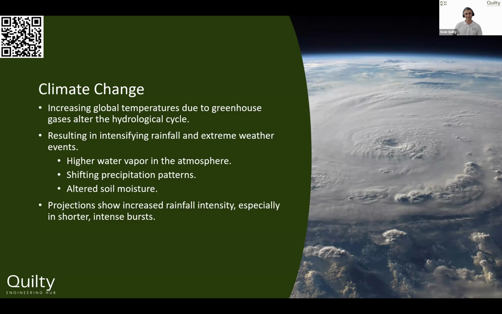And so that changes the rainfall patterns that we're looking at, and it also changes the soil conditions that we deal with. A big part of stormwater design is not just when the water falls from the sky, but also assessing what it does on the natural ground, how the soil starts to soak up some of that rainfall. And that's obviously going to change with climate change. All the science and research that's out there is showing that we're looking at increased rainfall intensity. In particular, we're looking at much shorter and more intense rainfall bursts. That's where we're seeing the biggest change in these patterns.